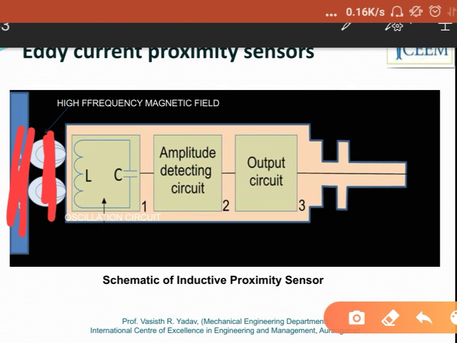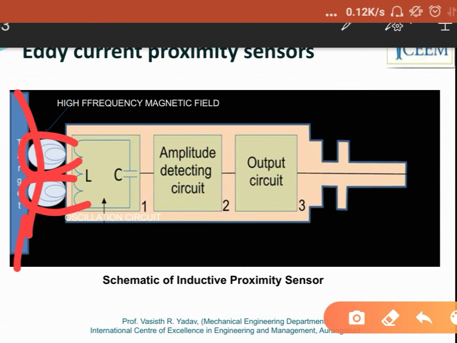So in this coil, when we pass current, some alternating magnetic field will be generated, and if a non-magnetic metal comes in the close proximity of the coil, due to the alternating current, some magnetic field is generated. So this is your magnetic field, and if an object is brought in the vicinity of this field, in the area of that magnetic field, in that case what happens, the eddy currents are induced in the object due to the magnetic field, right?